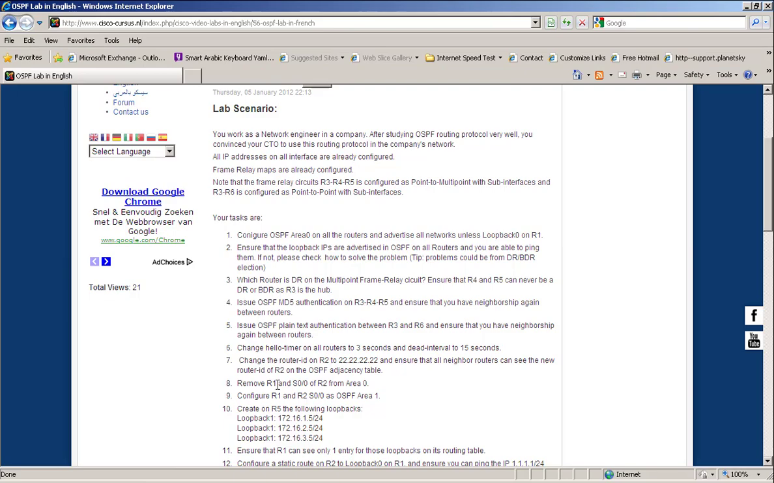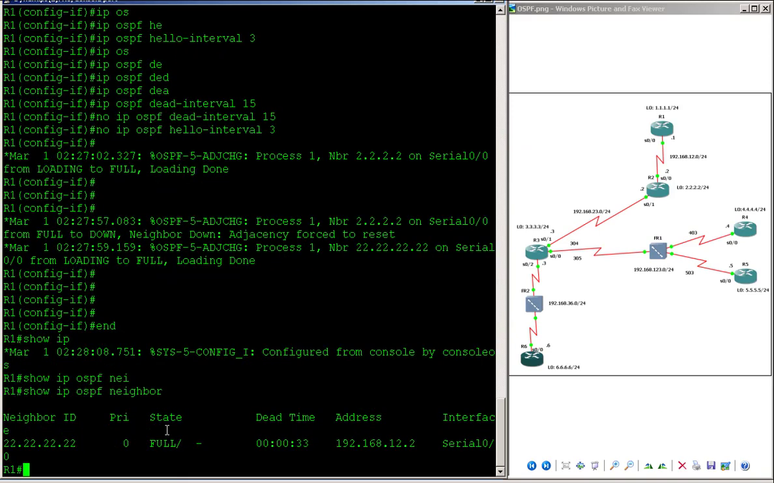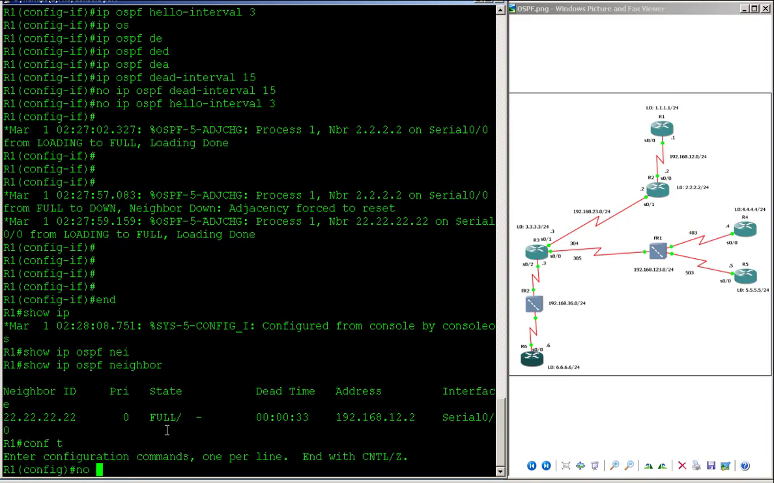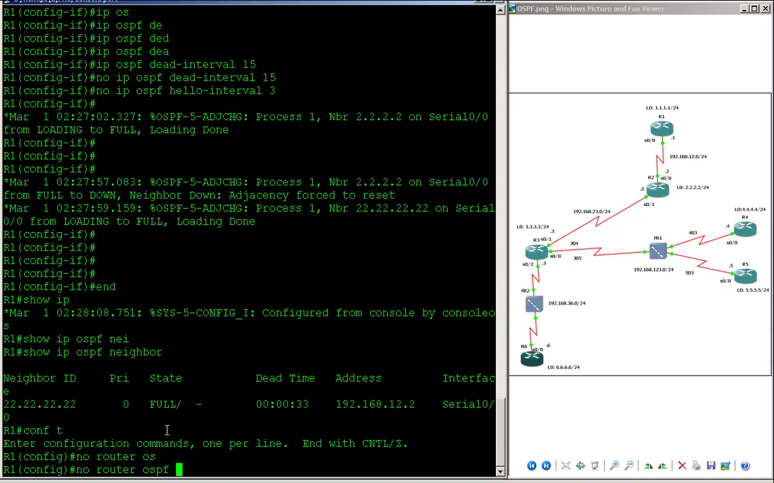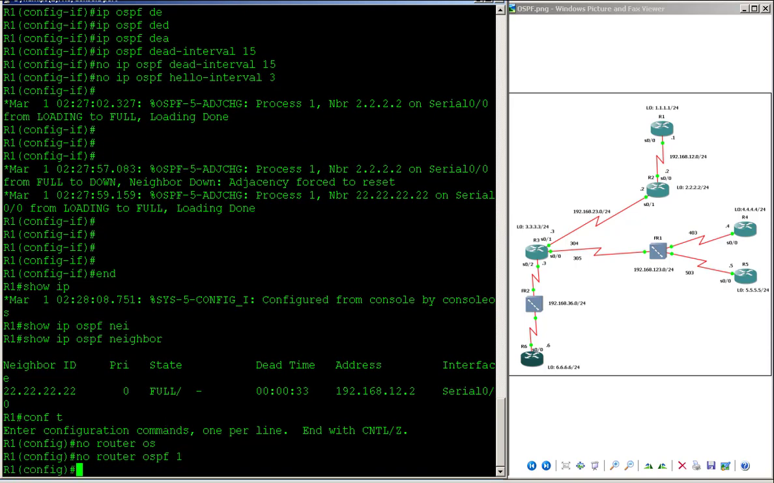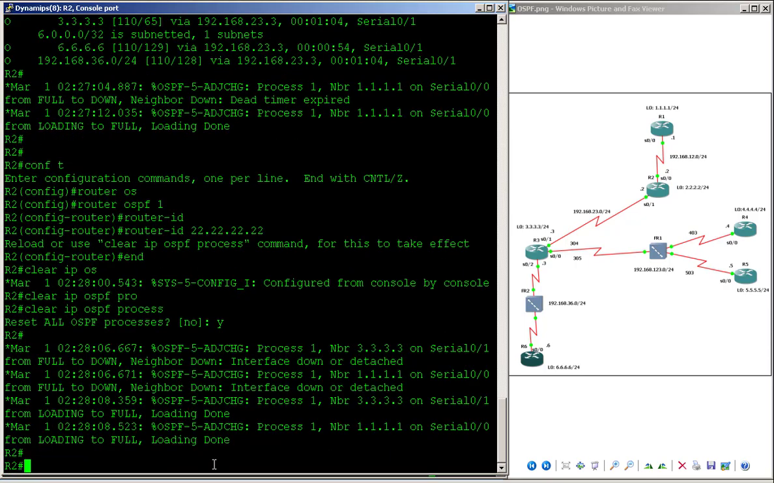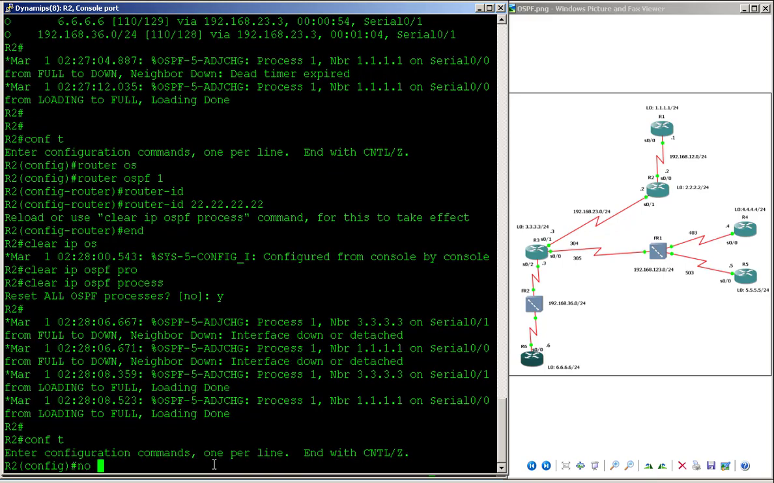Remove R1 and S0/0 of R2 from area 0. Okay, R1, no router ospf 1, and R2, no